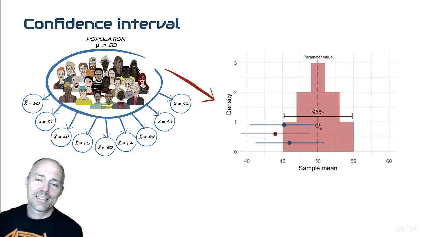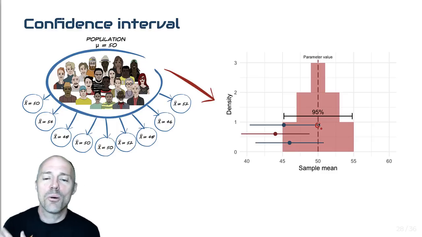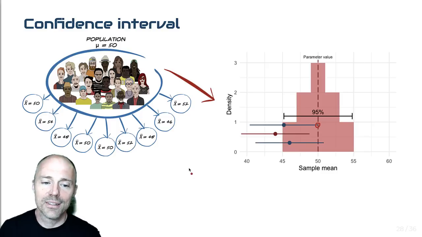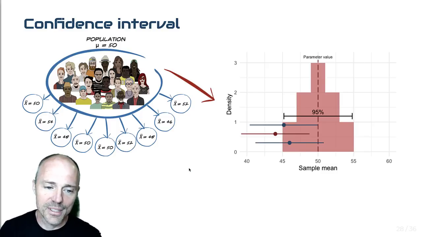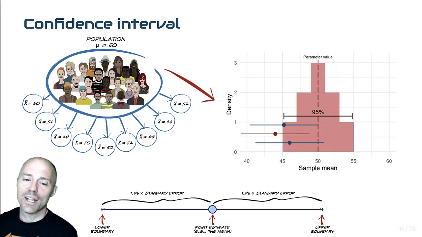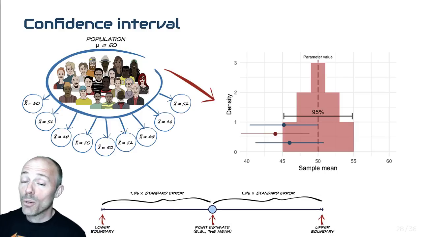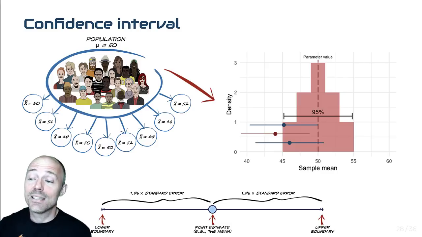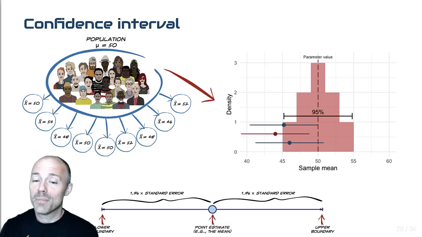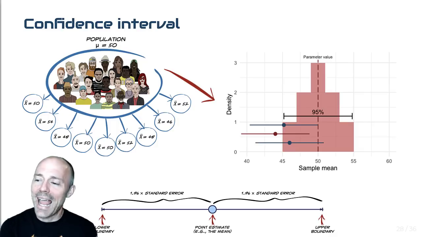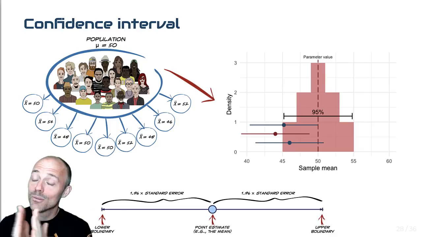So what this means is across lots and lots of samples, if we were to set the limits around the point estimate to be 1.96 times the standard error, we are going to hit the true value, the population value. We're going to hit it in 95% of samples, because remember, it just about hits it. The confidence interval just about hits the population value when it's right on the edge of that boundary within which